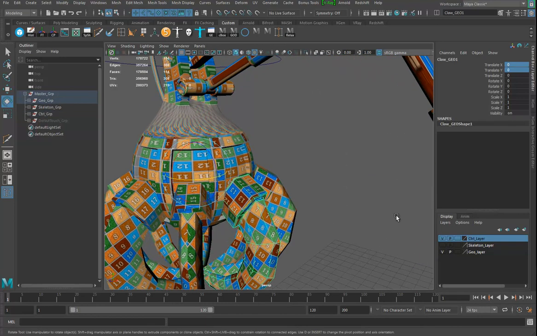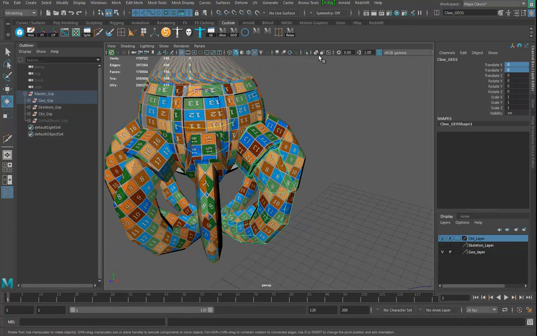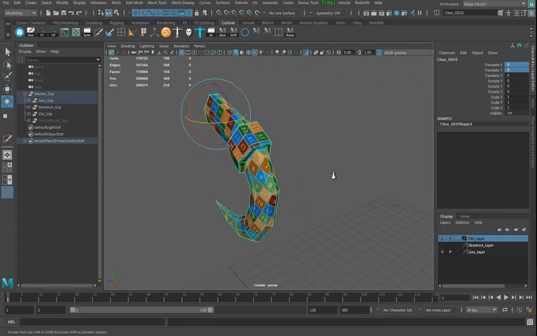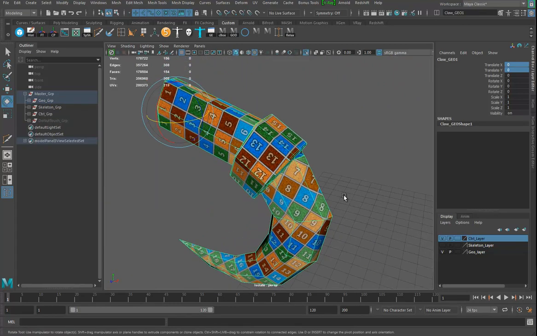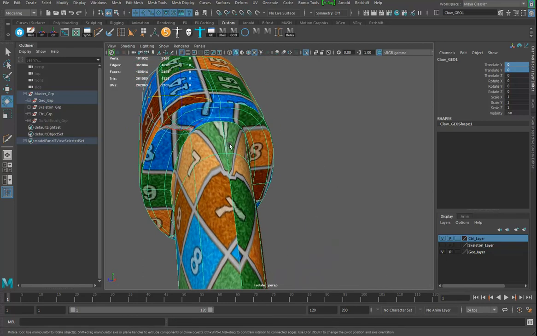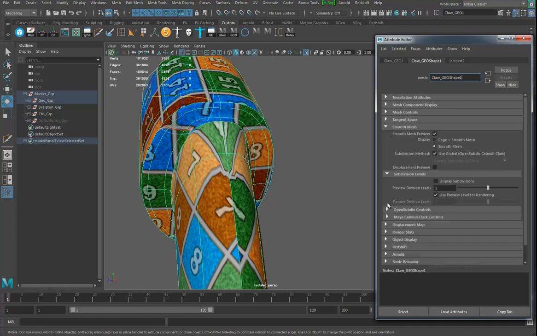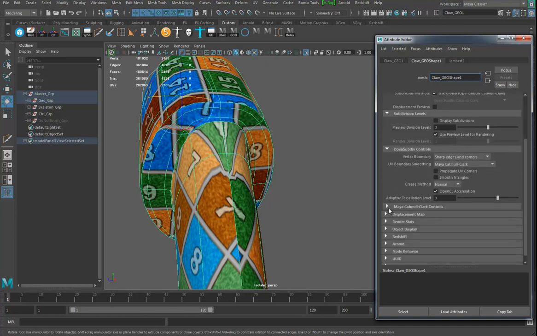Maybe one more thing I'll mention right here. We're at the 10-minute mark. I'll mention one more thing about these: you might notice that if I hit 3, sometimes you see a little bit of stretching, like right there. I go into the attribute editor for this object and I look into its smooth mesh options, and then I go to OpenSubdiv, or is it the Catmull Clark,